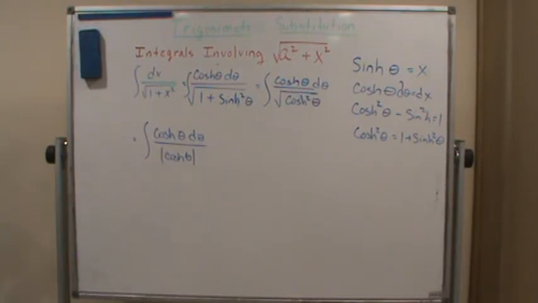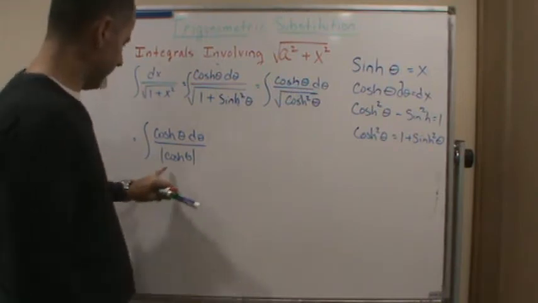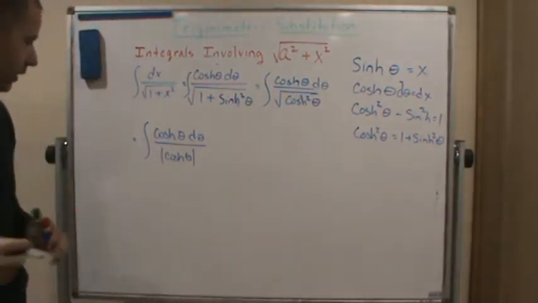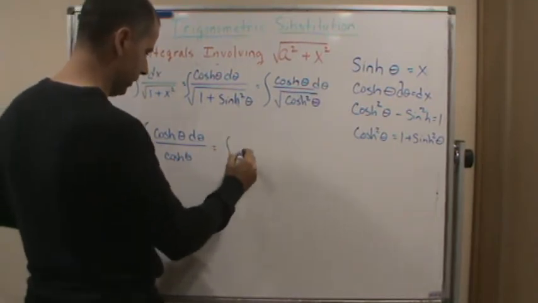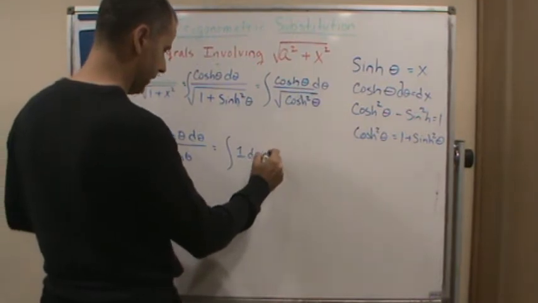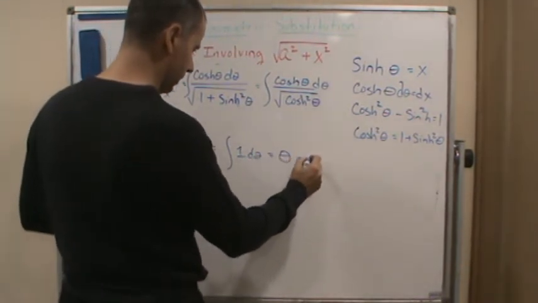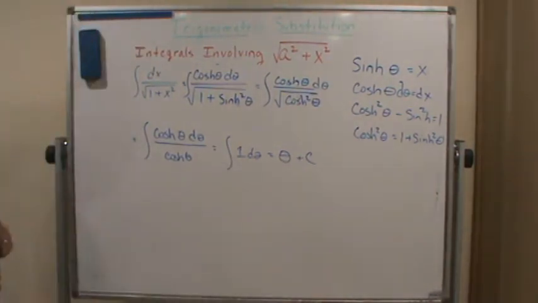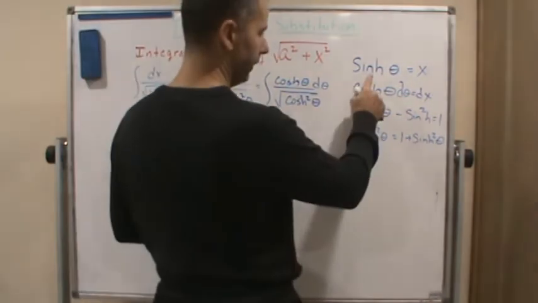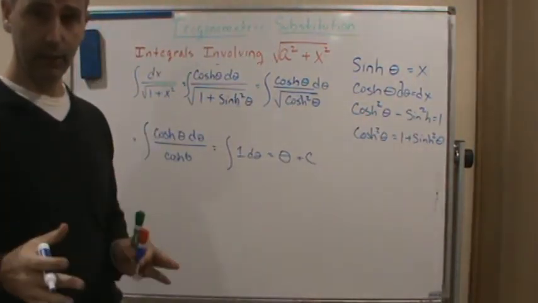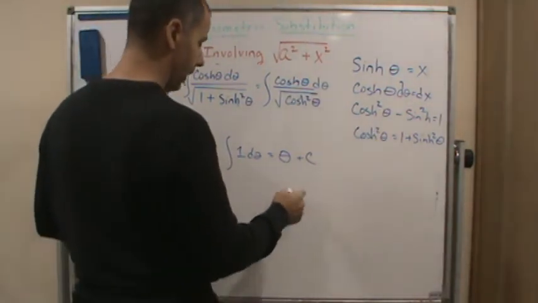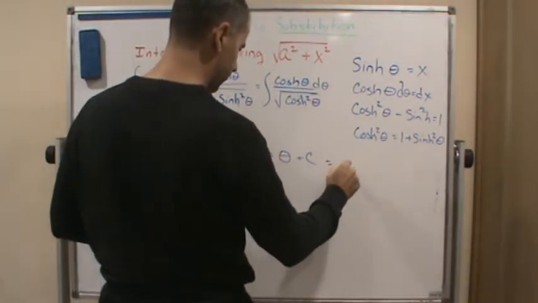cosh over cosh. Now, since cosh is positive for all values of x, that means we can drop the absolute values. And this becomes the integral of 1 d theta, which equals theta plus c. Now, what's theta? Well, if this is equal to x, then theta is equal to the inverse hyperbolic sine of x. So this is going to be equal to